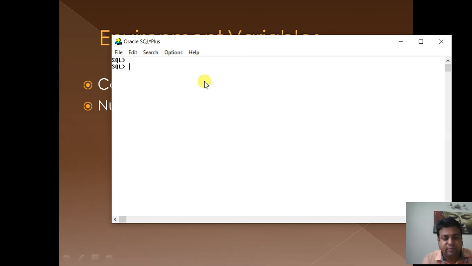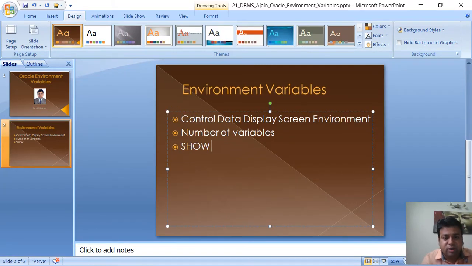Now what are these environment variables? See, the very simple example let me show you is the environment variable user. If you type user, nothing will happen. But if you type show user, it will show you user is MC2020. It means user is a variable and show is used to see the environment variable value.